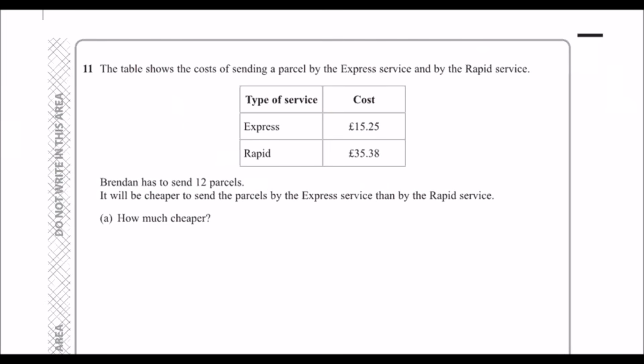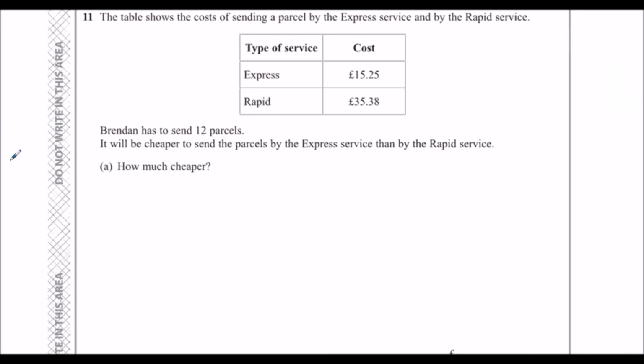Question 11. The table shows the costs of sending a parcel by the express service and by the rapid service. Brendan has to send 12 parcels. It will be cheaper to send the parcels by the express service than the rapid service. How much cheaper? So we're sending 12 parcels. So for the express,